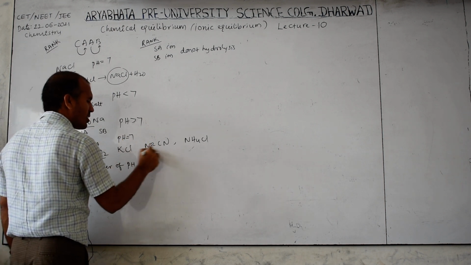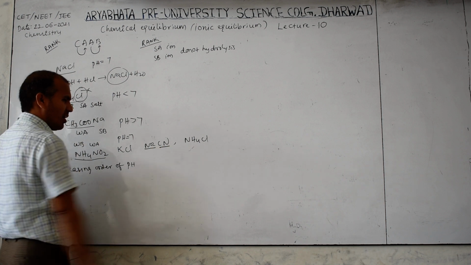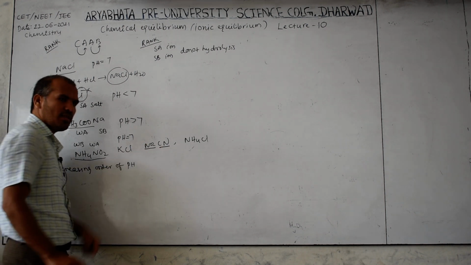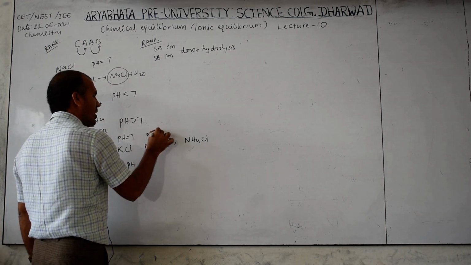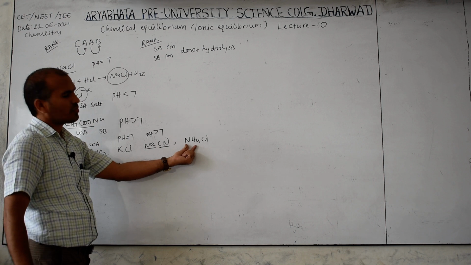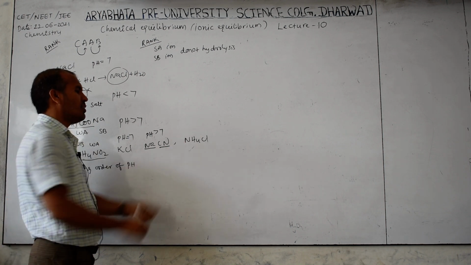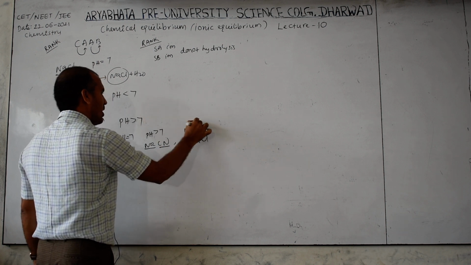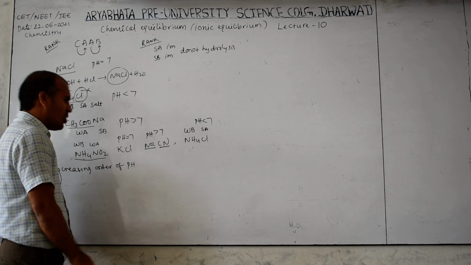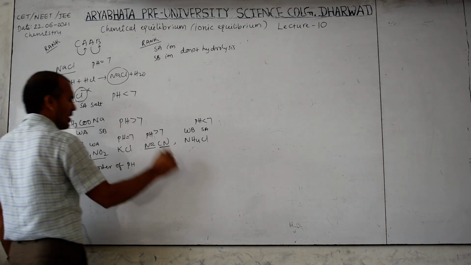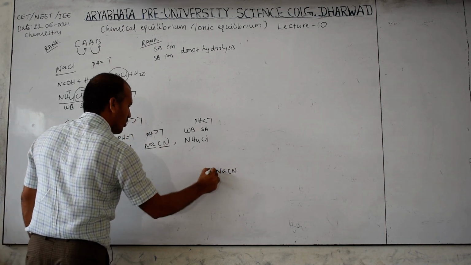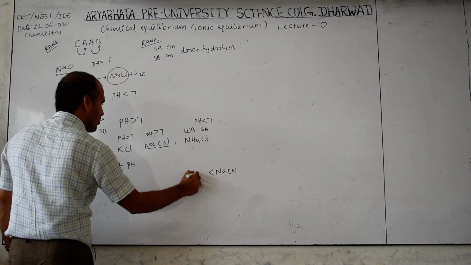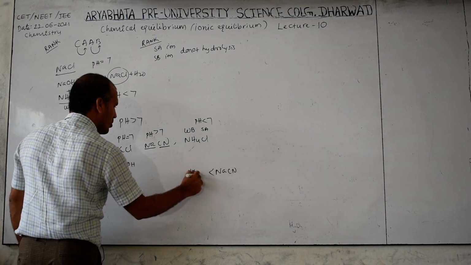NaCN comes from NaOH and HCN. You know that only six are strong acids, the others are weak. So this has a weak acid and strong base, and the pH will be greater than 7. NH4Cl has a weak base and strong acid character dominating, so the pH is less than 7. So pH greater than 7 means NaCN comes first, on the right side. Next, the neutral one is KCl.